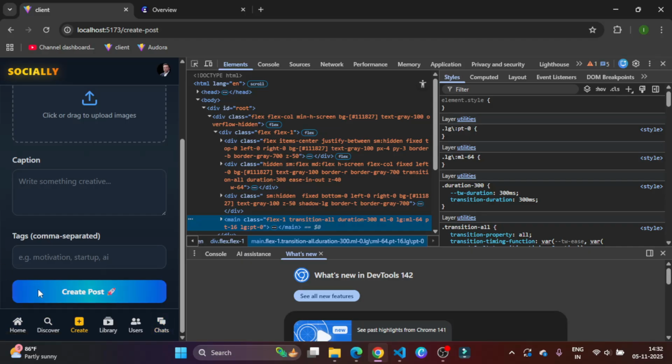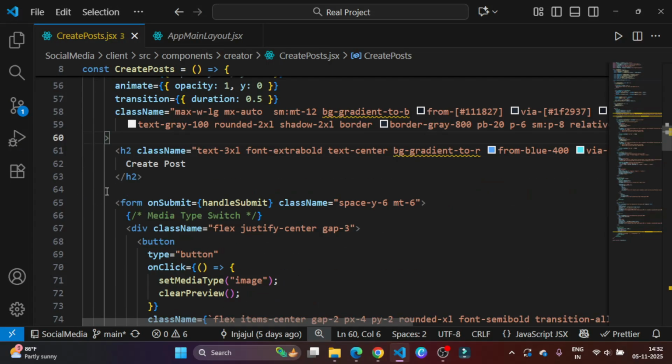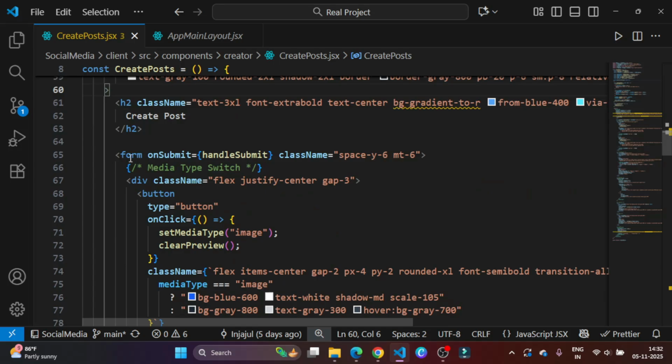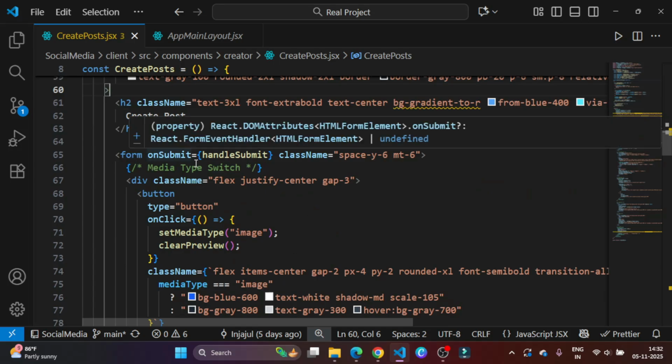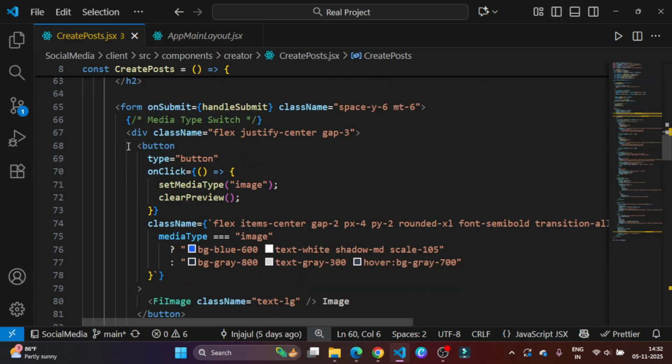You have to adjust every UI. Even you can adjust on main layout, but I tried, and I feel like if you adjust everything in main UI, it's not gonna be flexible. So just handle everything in a particular UI. So here that's why I put padding bottom 20, and this is a basic UI, and this is a create post, it's a heading, and this is just a form, and on the form we use onSubmit, and this is the class, and this is the div. So first is the button,